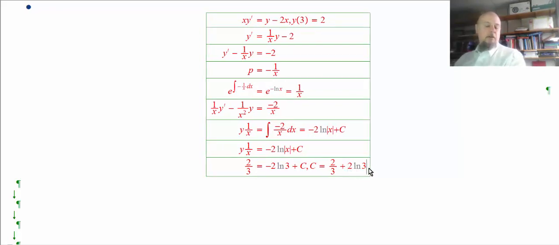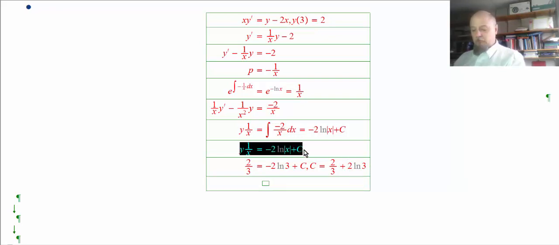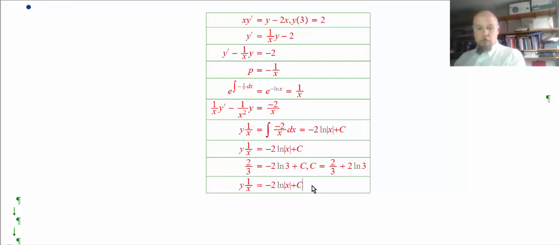So there's our c value. That's some kind of a number. So our solution, our implicit solution,